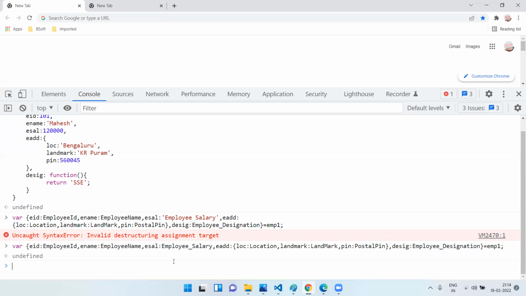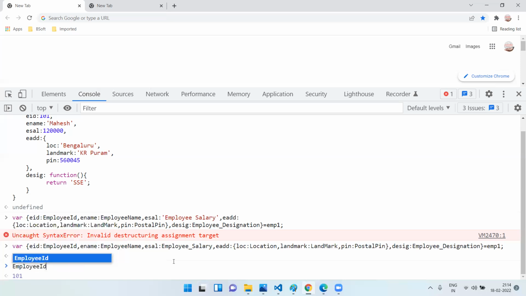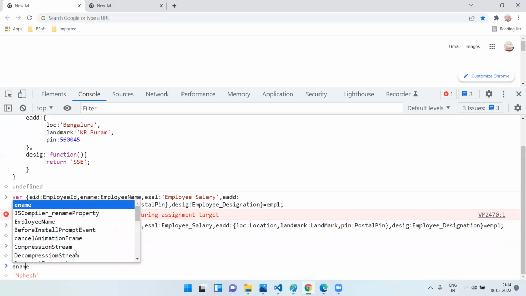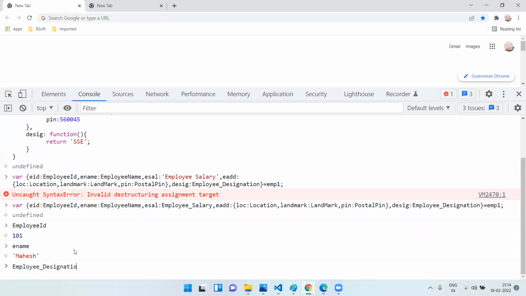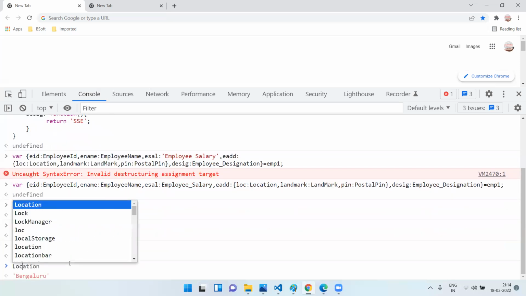Now, if I do this employee ID, it gives me 101. This is called aliasing. Ename: if I'm doing ename, it gives me this, and I have used an alias also. Employee name. Yes or no? If I'm taking location,